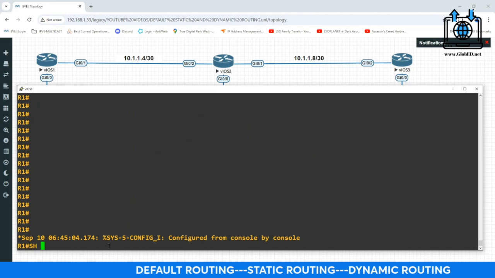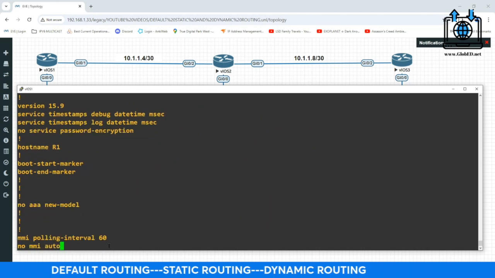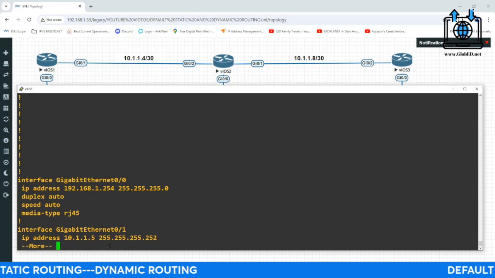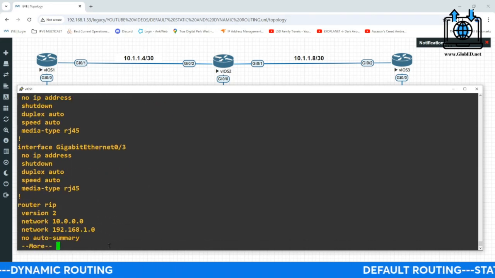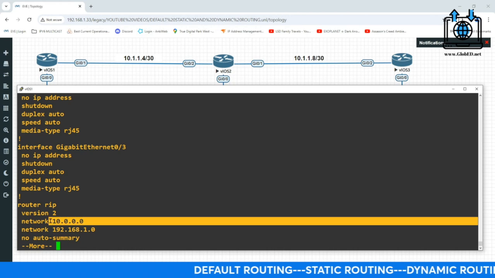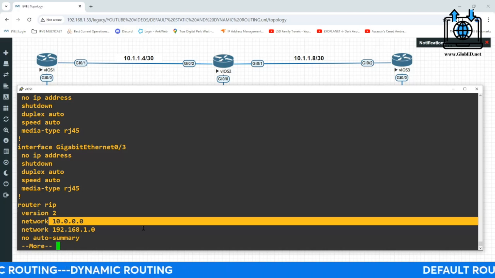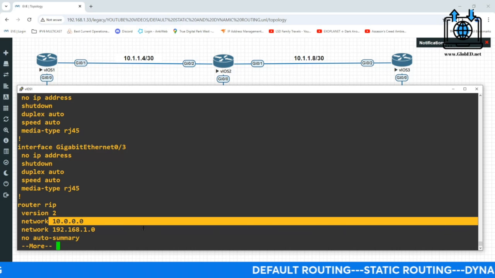If I do, let's just do a show start. Not to get too fancy. All right. There's something simple. There's your interfaces. Take a look what RIP did. Take a look. It's still, I put in there 10.1.1.4. It will enter it like that. Don't worry. That's fine. Because your concern is when it sends it out, that it sends the mask with it. Okay? That it sends that mask with it.